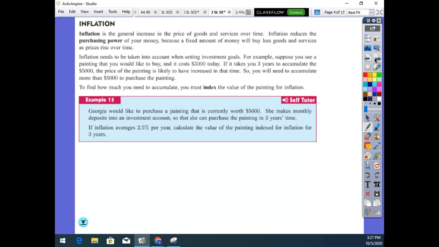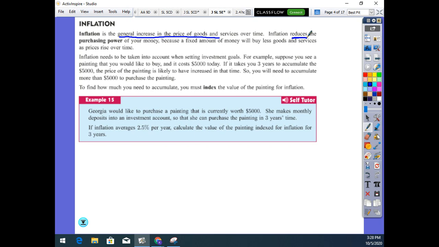Okay, so inflation is the general increase in the price of goods and services over time. Unfortunately, inflation reduces purchasing power. So it means your money now is going to be worth less later because of inflation. Okay, so